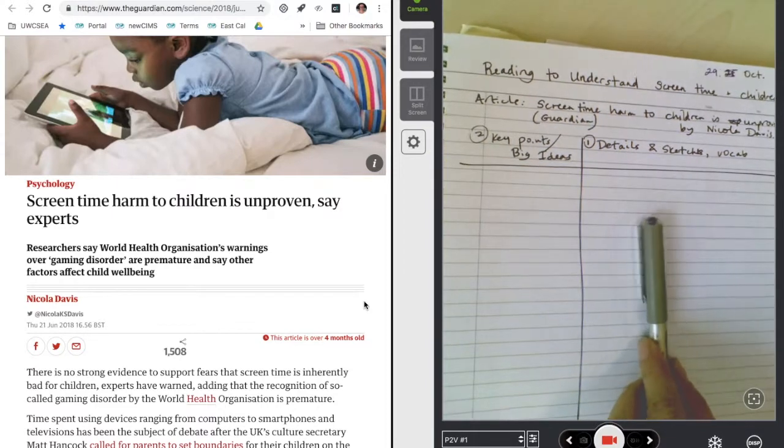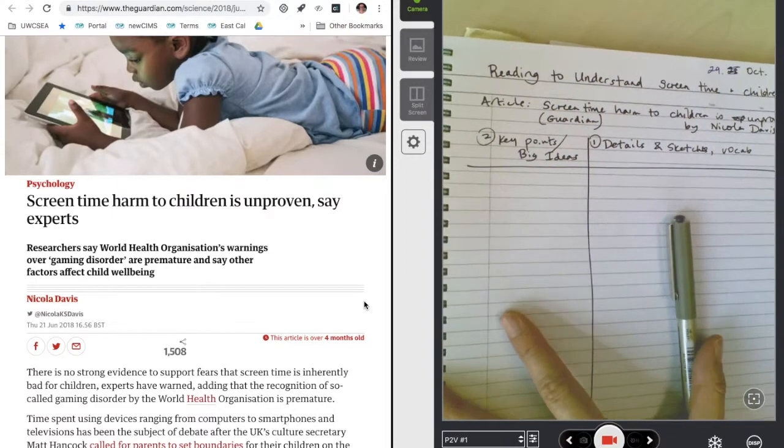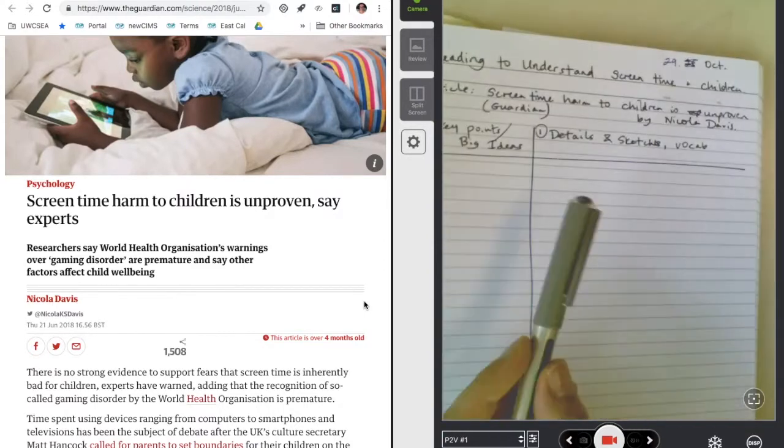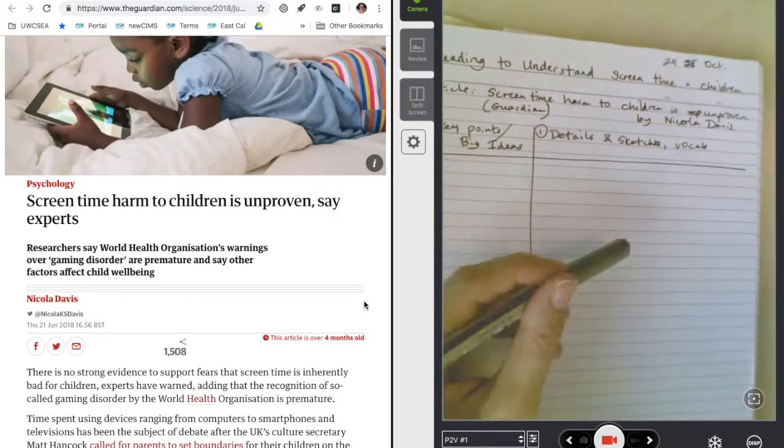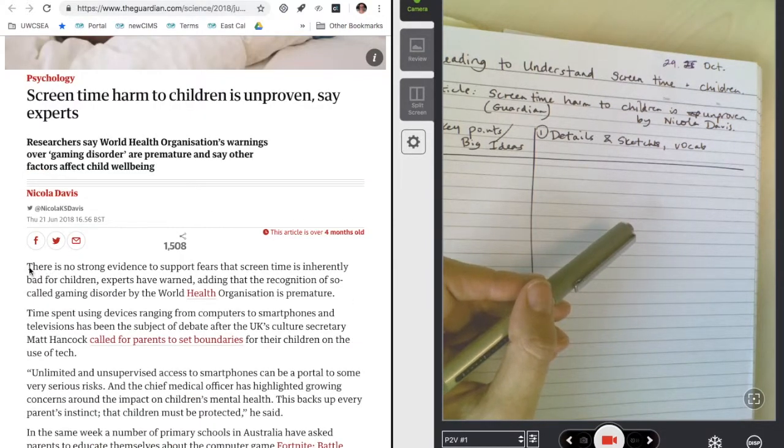We start with the details. This is where I'm writing any details that I pick up from what I'm reading, any sketches I want to make, vocabulary. Okay, so right now together we're going to read